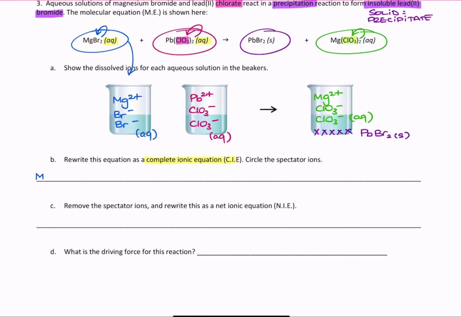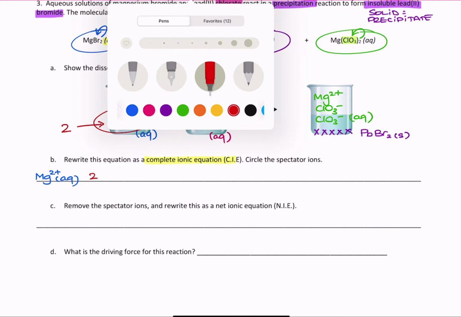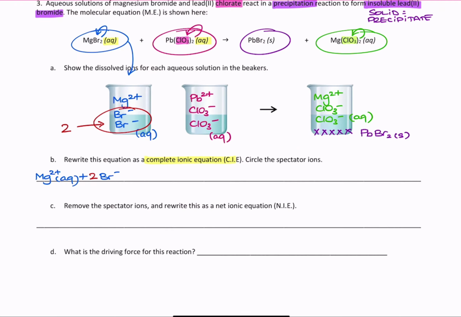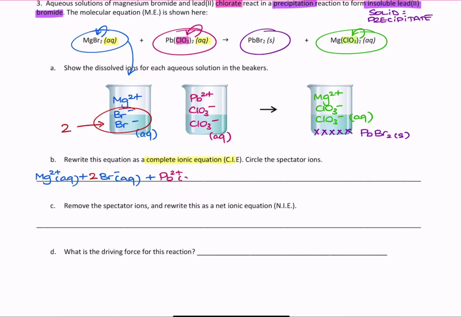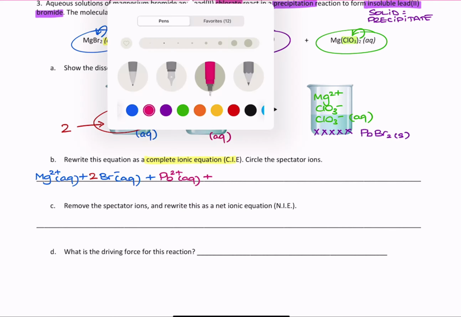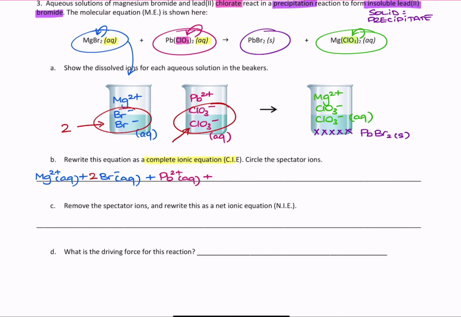We have 1 magnesium ion in the aqueous state, and here notice that we have 2 of them, so we're going to place a 2 here, plus 2 of the Br minus ions, plus in the next beaker we have the Pb2 plus ion in the aqueous state, plus, again, notice here that we have 2 of them. Therefore, we're going to say 2 of the chlorate ion, ClO3 minus aqueous. This gives the solid